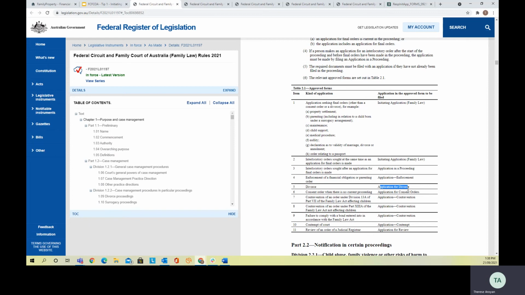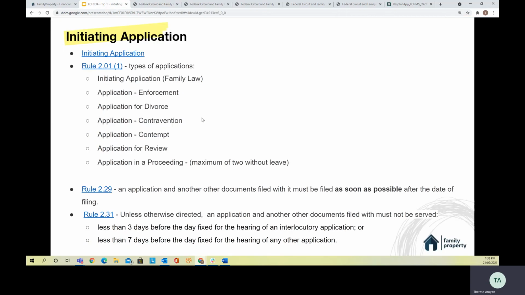The other important thing to note is that there is an application in a proceeding, which now replaces the application in a case. And with respect to that document, there is a maximum of 2 applications in a proceeding that you can file without leave unless there are urgent circumstances. Rule 2.29